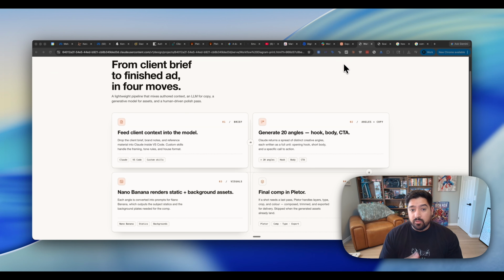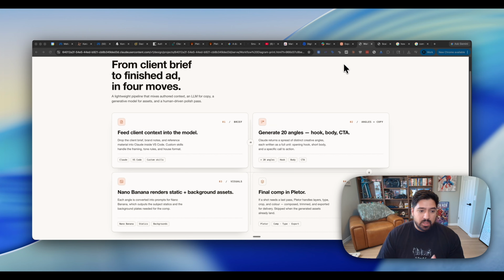Meta ads today need volume to have success, and 20 creatives or more every single week is the new floor. It's no longer the ceiling. We spend over six figures every single month on Meta ads for our clients, and this is the system that we actually use to generate winning creatives, not a theoretical one. Most AI creative tutorials or even different AI creative platforms or tools are really just basic. This is a super realistic workflow that can be used at scale, which is why it'll scale past 10 creatives